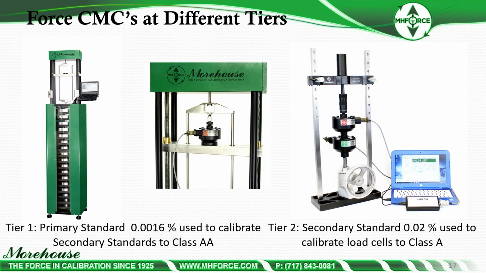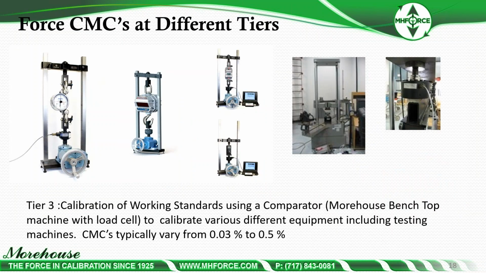Tier 2, the secondary standards. Usually we get uncertainties about 0.02% of applied if we use several load cells, and that's what we're going to discuss. And that's used to calibrate other load cells to class A. Now we can go to tier 3, and those load cells can also be used to calibrate working standards using comparators such as there's our bench top where we're doing dynamometers with crane scale model tension links, handheld force gauges, different equipment, including on the right we have some testing machine load cells being used